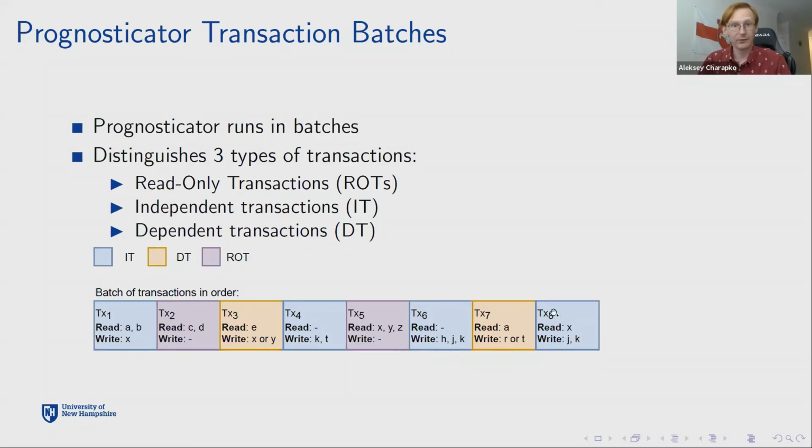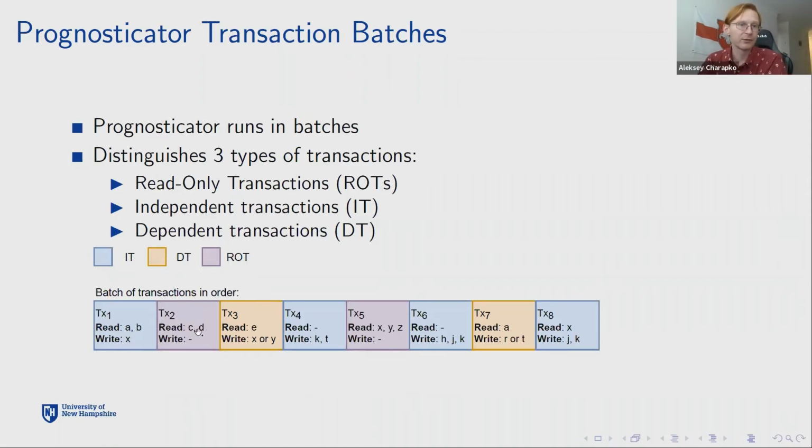So yeah, let's look at the example that I have here. I have 8 transactions, and in blue I've shown transactions that are independent transactions. They don't have any dependency on the read set, on the read values. This transaction, for example, reads A and B and writes some value X, right? And X doesn't depend on A and B. We always know it's going to write X. The value of X may depend on A and B, but not whether we are going to write X or not. So we always know that here we're going to write X.